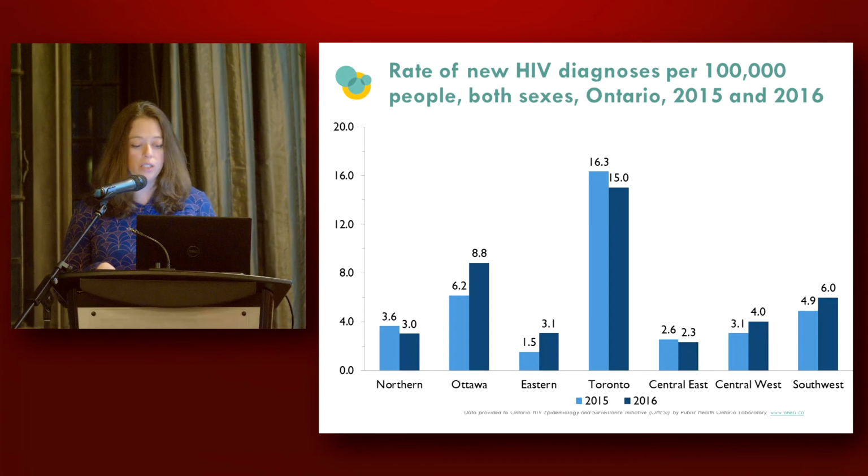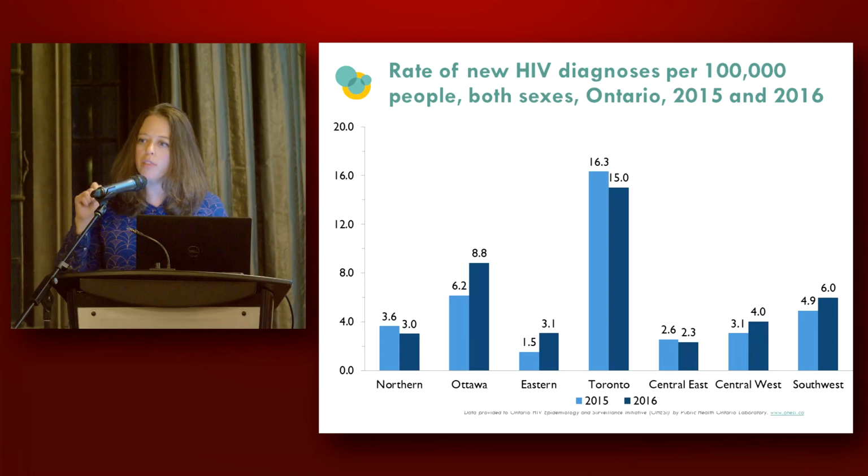But when we look at rates, we also see other areas come up as more important. Ottawa, for instance, not only has the second highest rate in 2016, it's also seen a more dramatic increase. We also see, once you start looking at small numbers, like in Eastern Ontario, those numbers get smaller, but we're also seeing more increases there as well. I think the point of surveillance data is really to start to give us ideas about where the places are we should be looking at and focusing on improving access and programs. We also see an increase in Southwest and Central West as well.